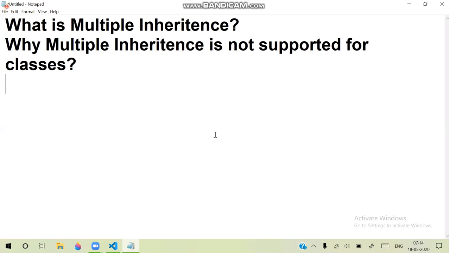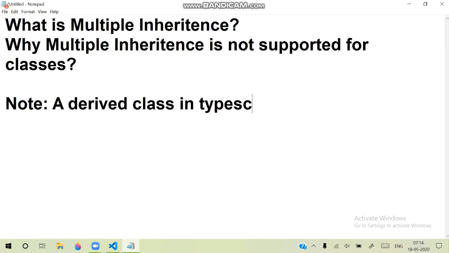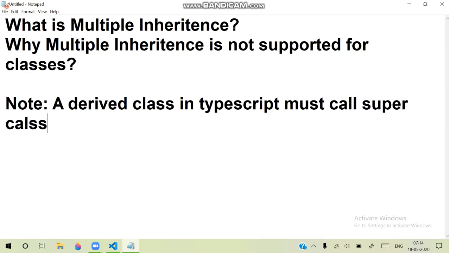We have a conflict between the constructors of superclasses, because the important thing you have observed is that a derived class in TypeScript must call the superclass constructor.